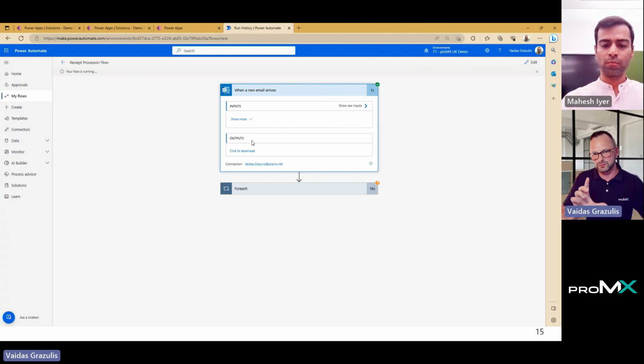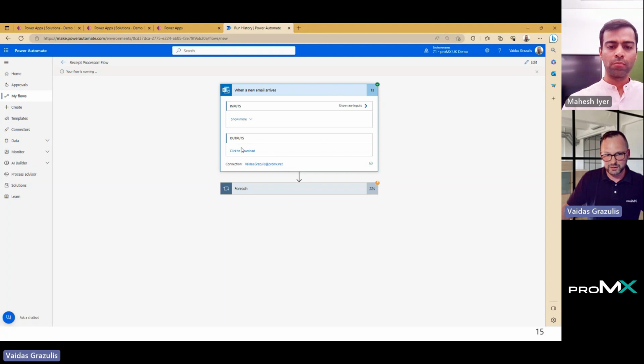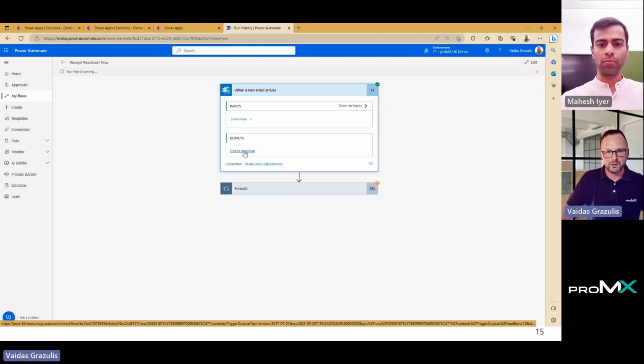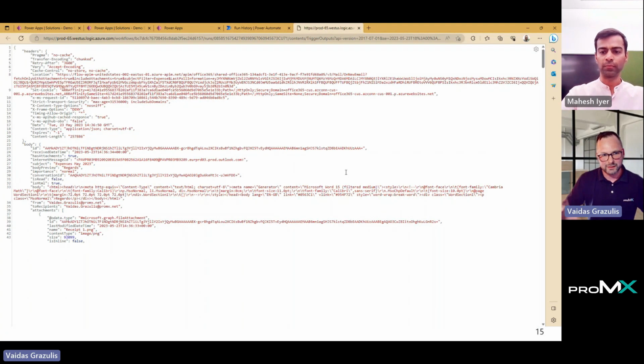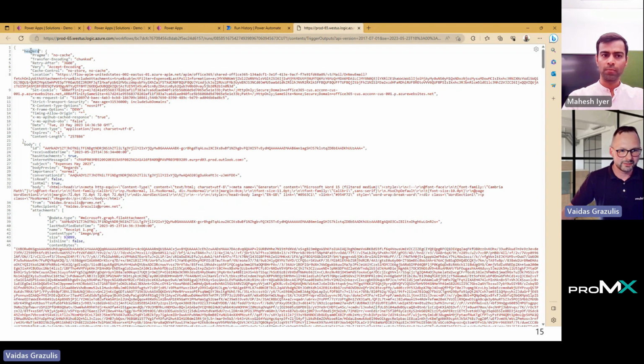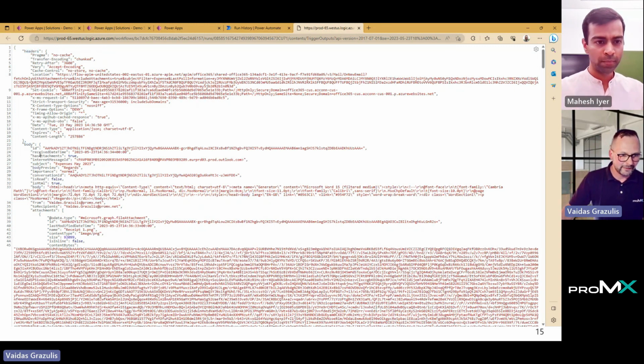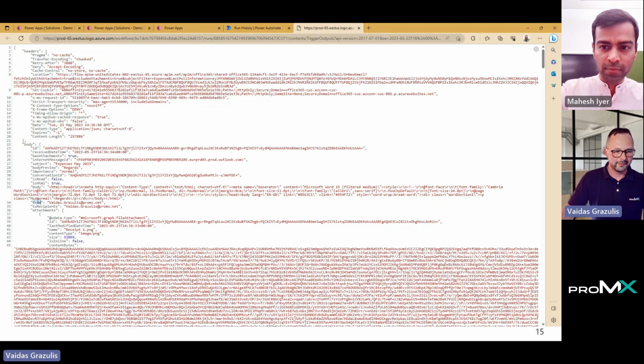What information are we actually getting from all of those steps in Power Automate? One of the great methods here is to simply click the download option. What this will do is open another browser window, and we can see in this window it literally lays out the response JSON from the given step. In this case, from our trigger, we can see it's grouped into headers and a response body.